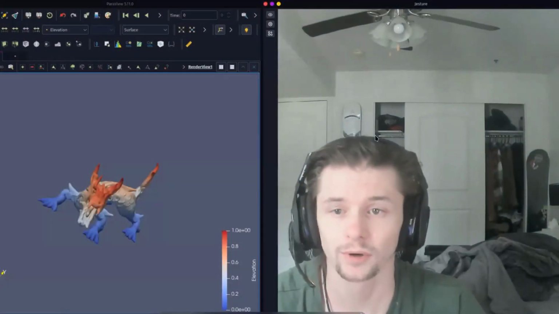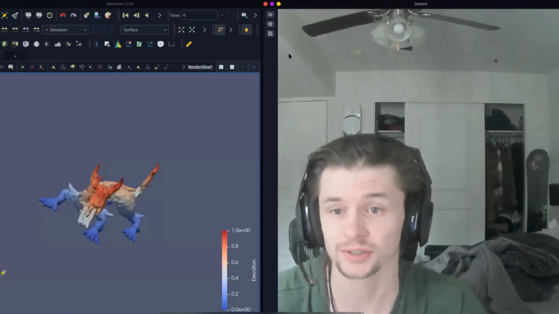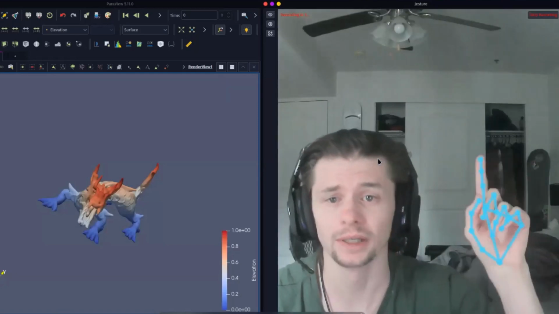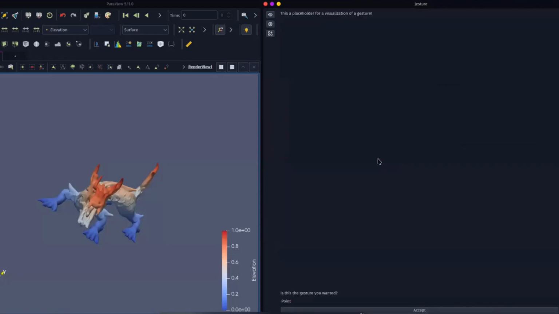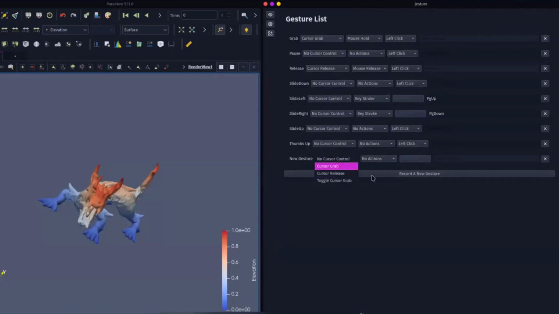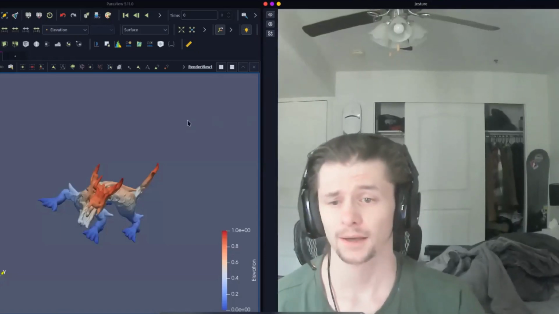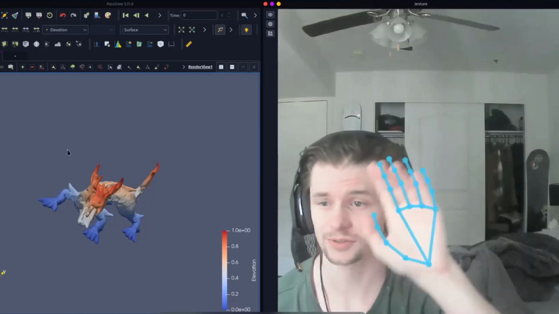So suppose I wanted to be able to control my mouse using my hand gestures. To do this in our application, you would go in and record a new gesture, let's say something like a point. So I can name it as such, points, and simply configure the gesture to control my mouse cursor. And then all I have to do is show that gesture, and now my mouse follows